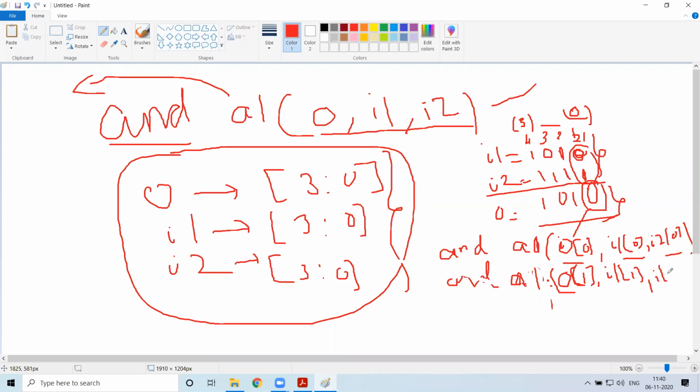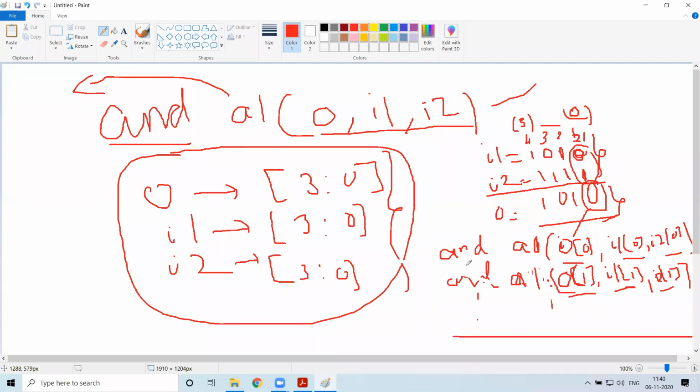So it will be like this. First bit of I1, first bit of I2, and together it will be the bit at output 1. So similarly, I have to write it 4 times.